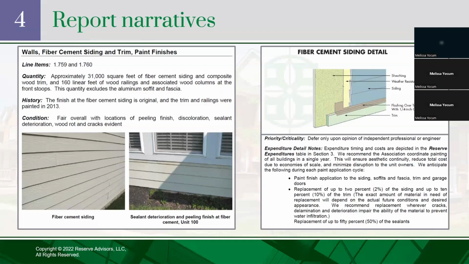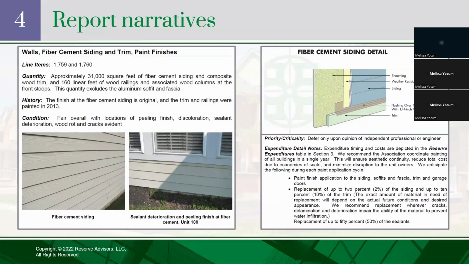And this ultimately should be determined based on that meeting and discussion where we're really aligning on that scope of work, right? So in this instance, you can see, of course, we have painting of the siding, but then we're also including wood railing painting and wood column painting, but we didn't include the soffit and fascia because that's aluminum and doesn't need to be painted, right? So this is where all of that is really, really defined and explained. We're going to capture that history so that the association has a living document, kind of snapshot in time of when projects were done and the condition that was observed.